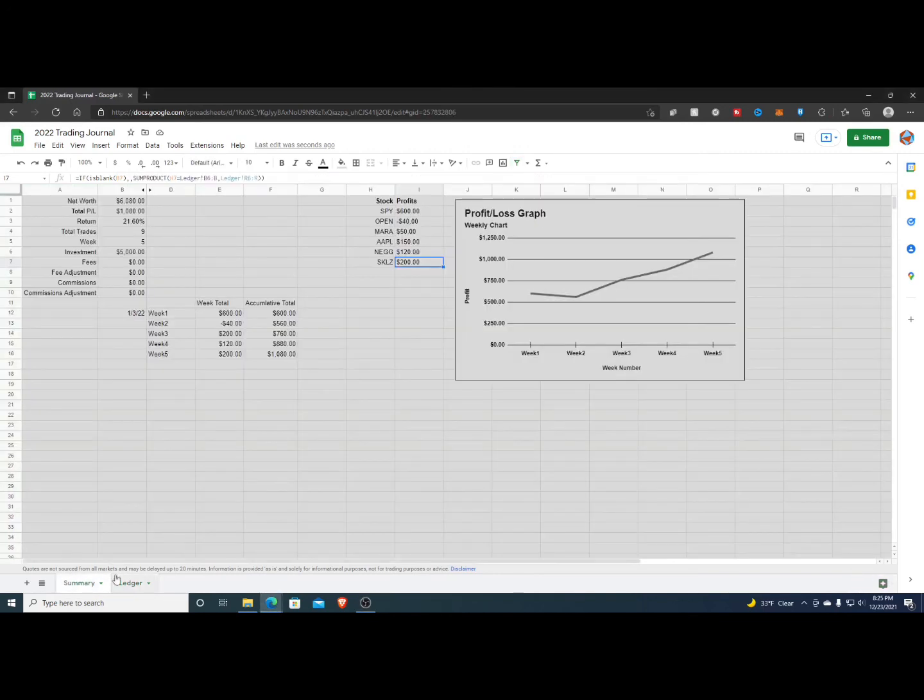But back on the summary page, we see our week's breakdown and the total profit and loss, as well as the specific stock profit and loss. Again, I think it's pretty neat, and I do think that it's very helpful and would bring value to your